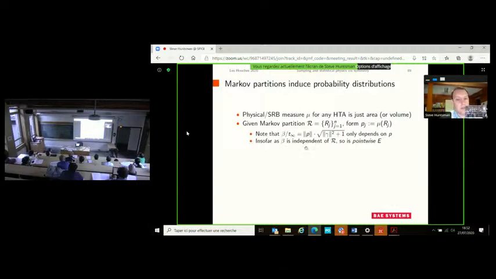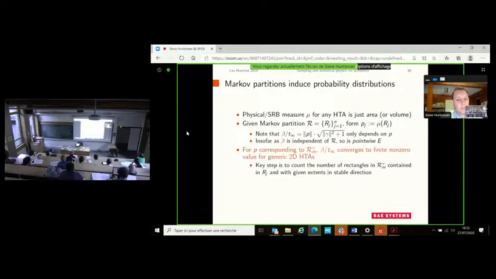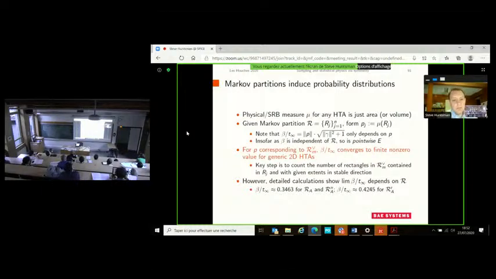But insofar as you can say that this effective temperature doesn't depend on the partition via some tricks that we'll go through, the energy will be 2. And if you take these pointwise refinements, it turns out that this quantity, just forget about whatever T infinity is, this number converges for these hyperbolic toral automorphisms. And that said, the details depend on your starting point. So if you start with different partitions, you'll get different numbers. And so you might say, well,